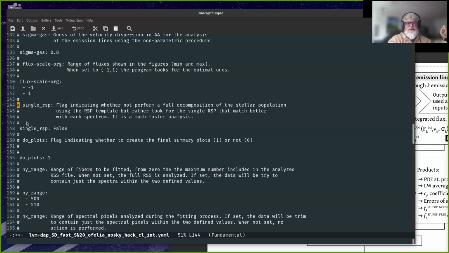Okay. Single RCP, that's an interesting feature, is set to false when you want to make the full decomposition of the stellar component using the RCP template. If you set it to true, instead of making a full decomposition, it's going to look for only the one single spectrum in the RCP template that matches best with the shared spectrum. So instead of making the composition, it looks for the single template that matches with the shared